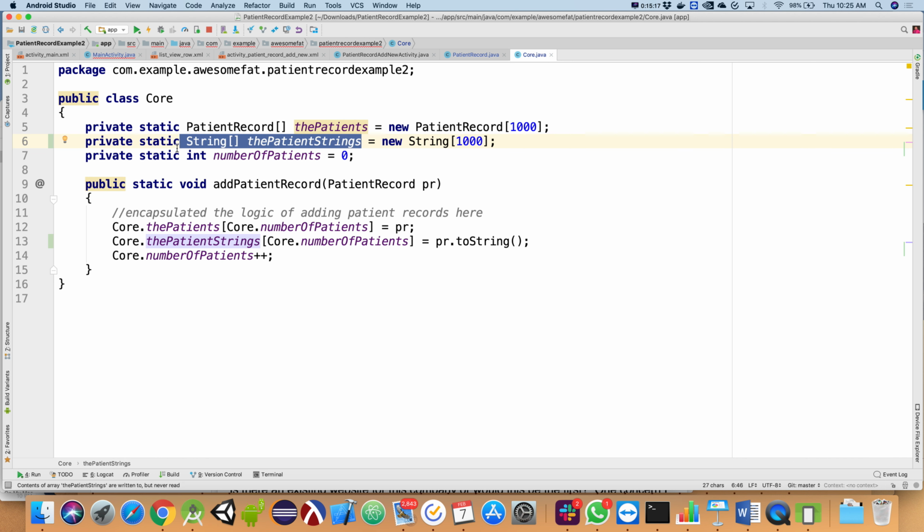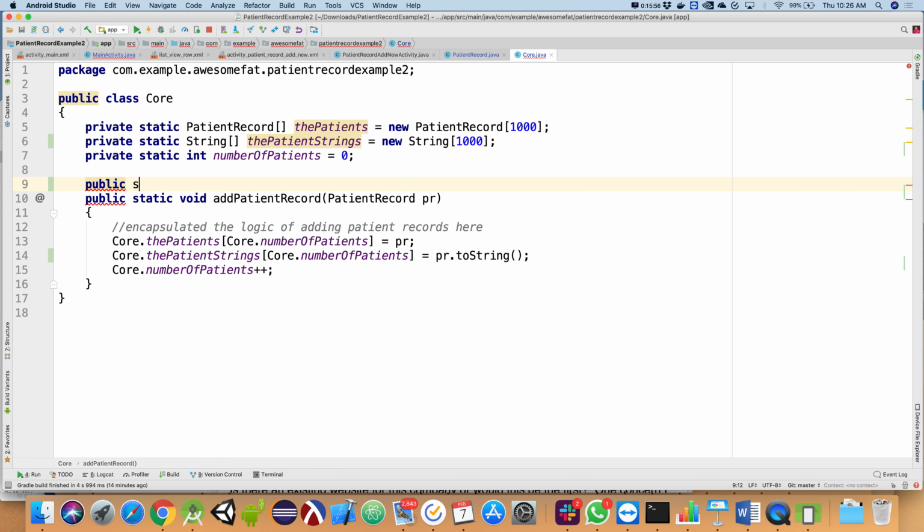So right now, the patient strings is currently private. If I need to directly access it from outside of here, I either need to make this public or I need to give myself a getter. You can decide how loose you want this to be. If you don't want people to directly manipulate this array, like if I make this public, people will be able to directly say the patient strings at bucket 2 is equal to LOL. It can break my code. Now, if I'm the only programmer, maybe that's not a problem. I trust myself. But if I want to truly give read-only access to that guy, I can create for